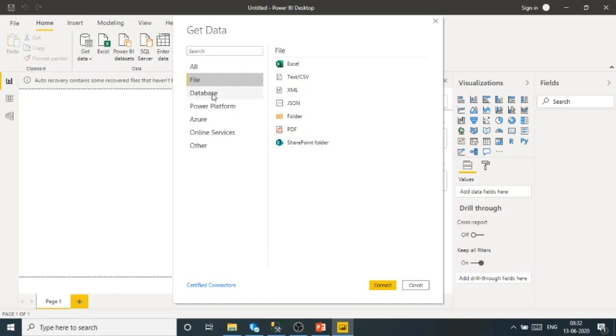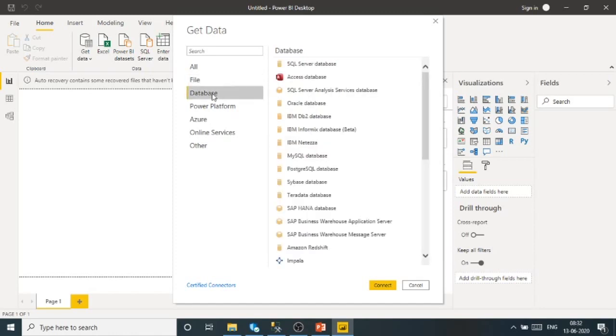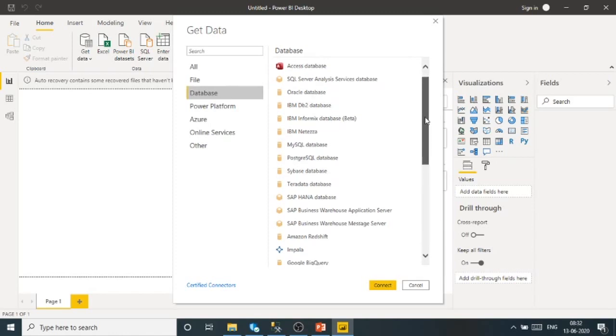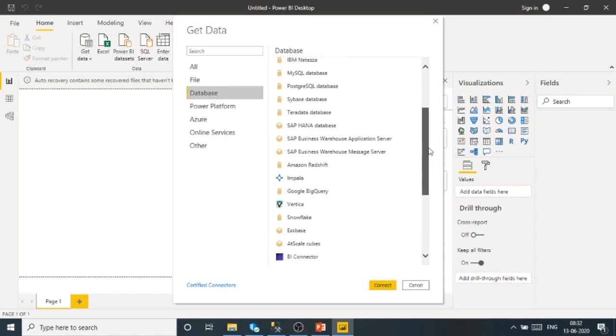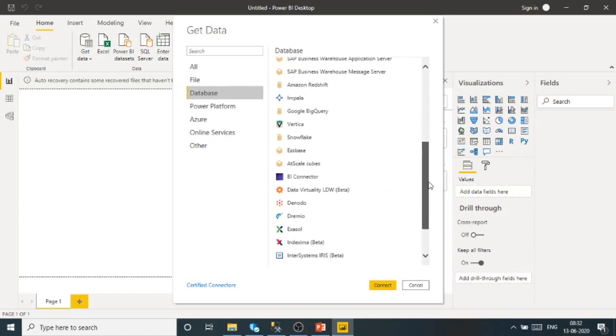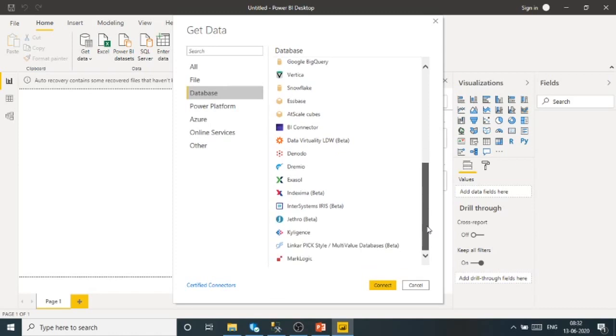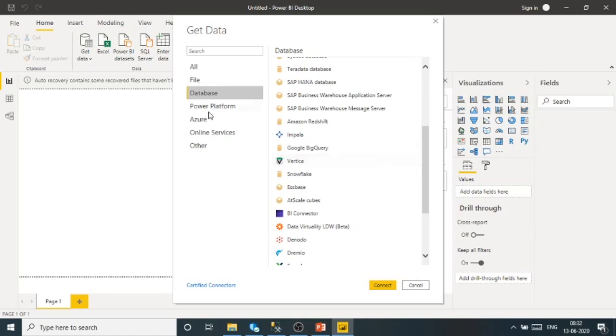If I click on database, there are so many databases available where you can connect your data into Power BI, like SQL Server, Access Database, SSAS Cubes, Oracle Database, IBM, Postgres database, Teradata, SAP HANA, Amazon Redshift, Google BigQuery, Impala, Snowflake, and BI connectors. So those are the databases where you can connect your data in Power BI.